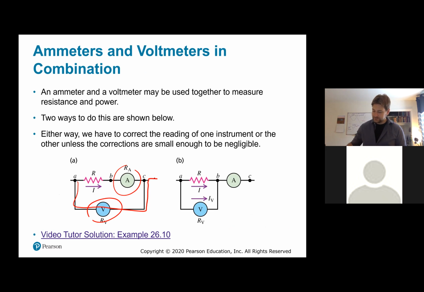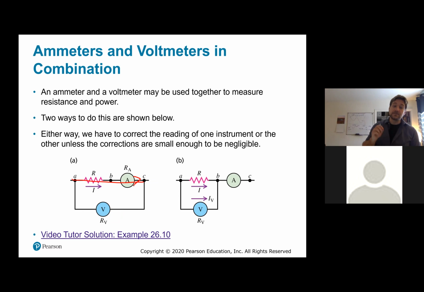Either way, unless the corrections are small, now what would that mean? If the resistance of the voltmeter is very, very high, the current isn't going to prefer to go this way, because there's a lot of resistance that way. Most of the current is going to go this way through the ammeter, which is where we want to measure it. If the resistance of the ammeter is very, very low, then from B to C,